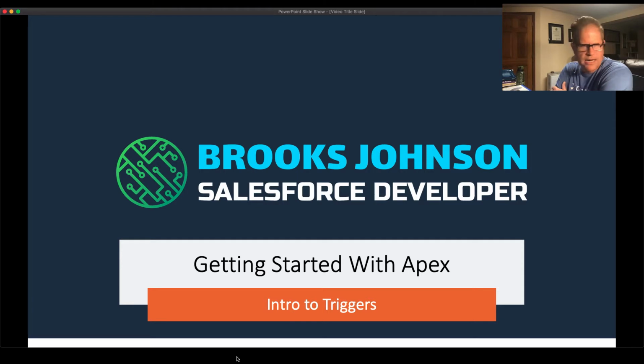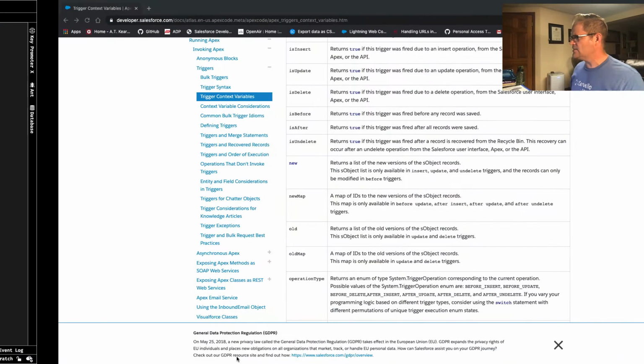But what I want to show you how to do is how to do a simple trigger handler. And by no means is this an advanced framework. But I do want to show you, like this says, give you an idea of how you get business logic out of a trigger and into some sort of a handler that then does the decisions for your processing for you. So that said, let's take a second and let's just go over to